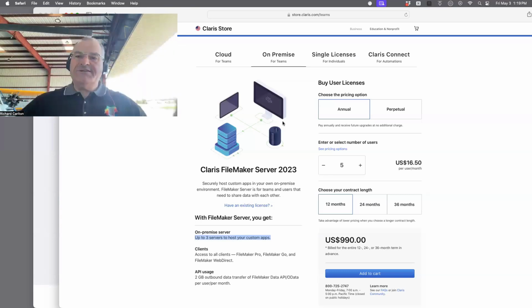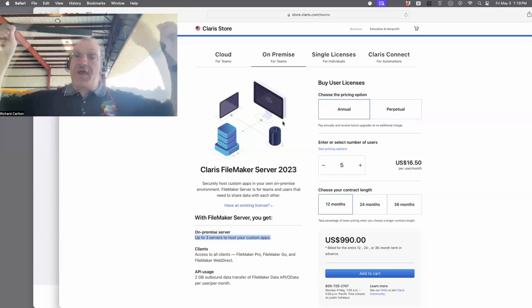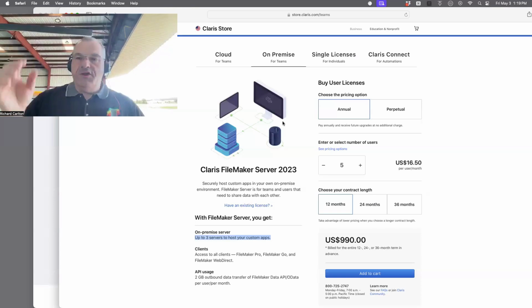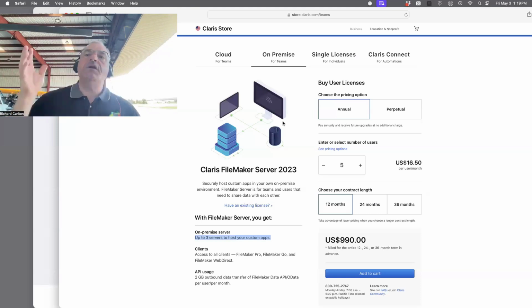So "on-premise" is not a great phrase. What you do is you buy this right here, and then you have to have someone help you set up the server. Now, if you don't want to pay Jacob a couple to three hours to help you set up the server, you want to set it up yourself, or you have IT professionals, they can do it.